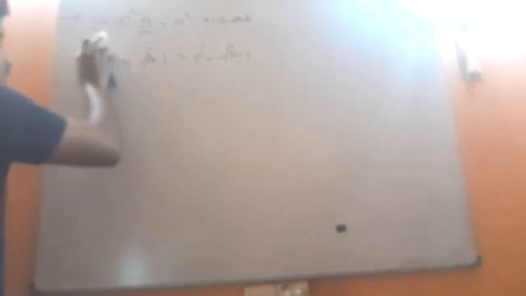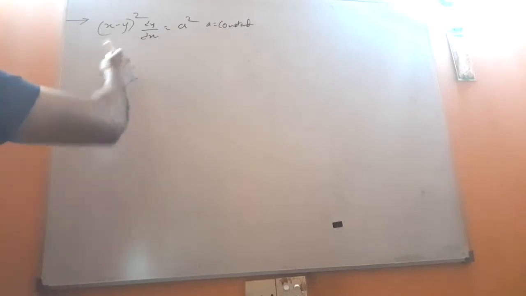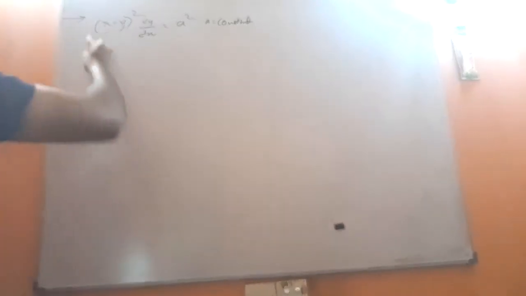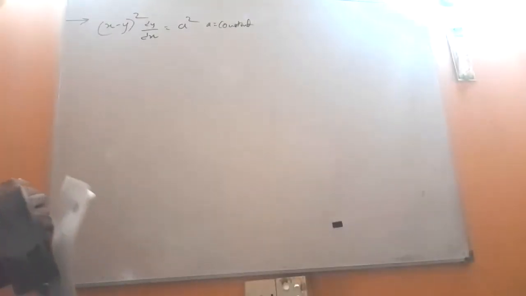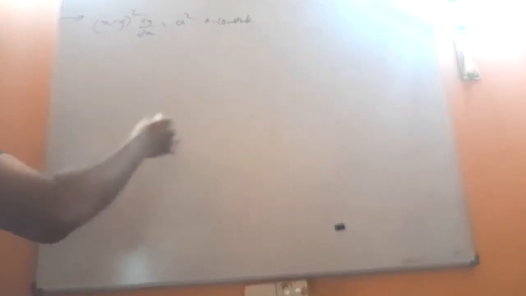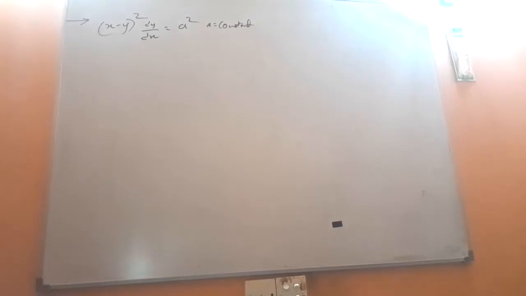But here, if you carefully focus on the problem, you can very clearly see that there is no way that we can separate variables like that, because we have x minus y whole thing squared. So there is no way that we can nicely separate in a way that dy times a function of y nicely equals dx times a function of x. So in solving this kind of problem, there is a special technique that we are going to adopt. I will teach you that.